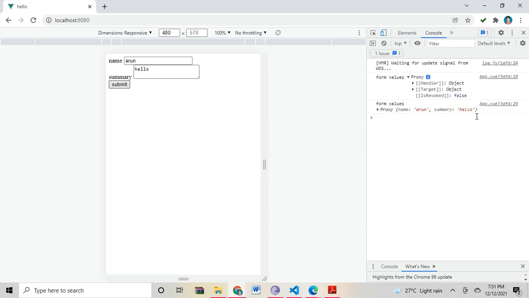So we need two-way binding here, from template section to script, and when you want to load some data value, you can easily load it from script section to template. So that's why we need two-way binding here. For that you can use the v-model directive, which is used to create that two-way binding in Vue.js. So v-model is a very important directive which we need here to implement the form handling concept in Vue.js.